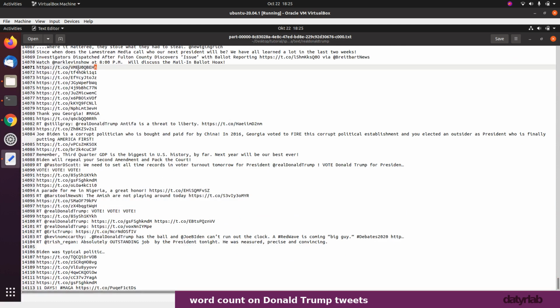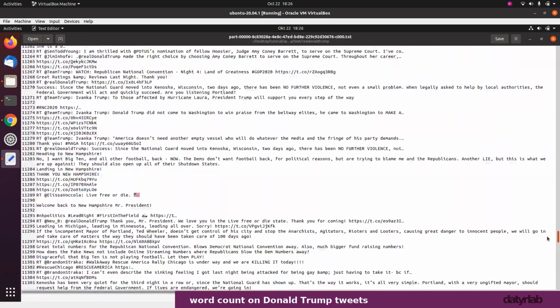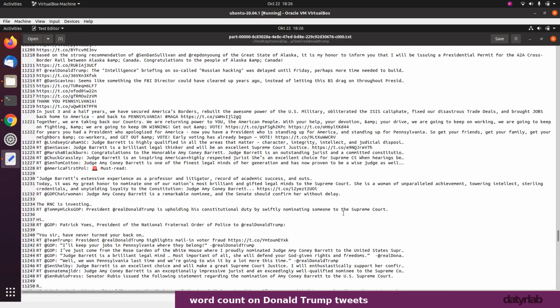So as you can see here, where it's just a URL, that was a retweet. And then all of the other juicy stuff is over here. So yeah, we can do some interesting sort of analysis on his tweets. So instead of being boring and doing stuff on numbers, let's just make it a little bit more interesting,